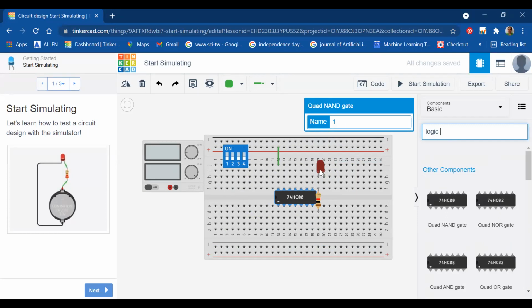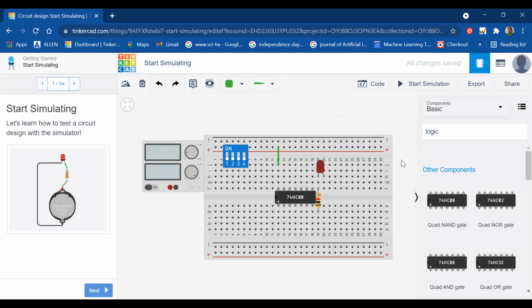Now for the proper working of the LED, you require a resistor of 1 kilo ohm. This is my LED. Why do we require an LED? Because how can we know whether the output of that particular gate is on or off? So if this LED is glowing, that means it is in state 1. And if it is not glowing, that means it is in state 0.